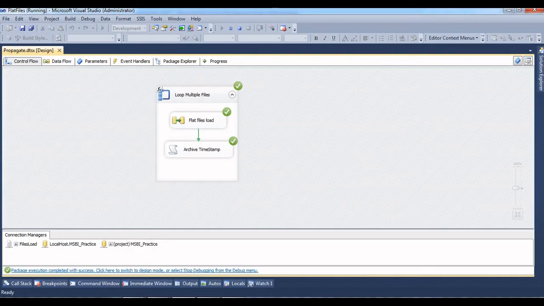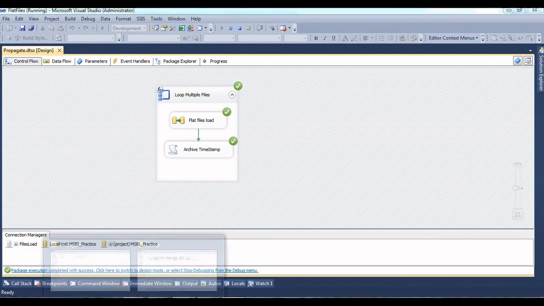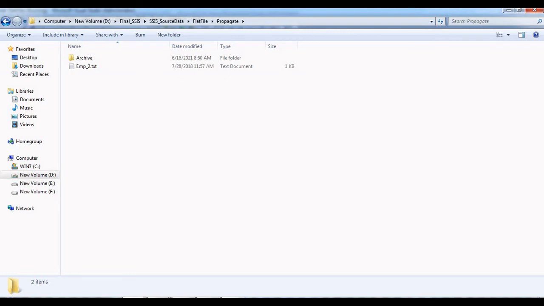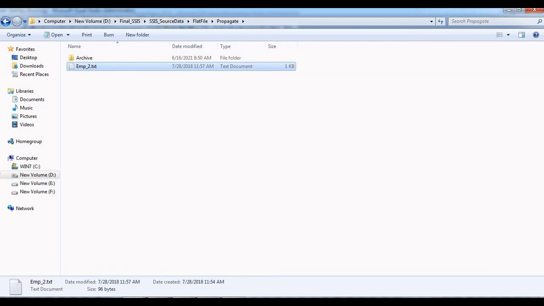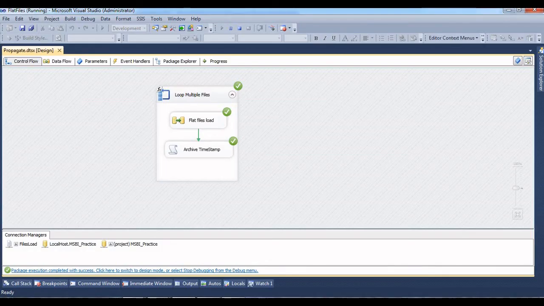Now you can see some kind of red blink. Because the data is very small in the files, we can't see a long run, since the data got loaded in a fraction of a second. So we'll see. If you notice here, the employee 1 and employee 3 files are processed and moved to the archive folder, but the employee 2 file did not move, because in this file we have wrong data in the employee ID column. By using the propagate false option, the package did not process this file, except the remaining files, which were processed and moved to the archive. The package also did not fail, it succeeded.